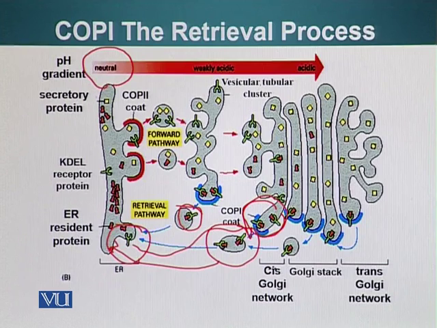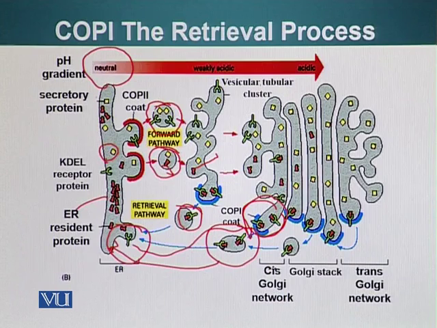For example, here you can see the yellow square is a protein that needs to be secreted. COP2 coated vesicles will have this yellow square protein, the secreted protein, and by mistake they can also capture this red protein, which has a KDEL sequence, the ER resident protein. By mistake it has been captured. As you can see, we have an abundance of these red proteins in the ER, whereas in the vesicular tubular cluster there are fewer of those.